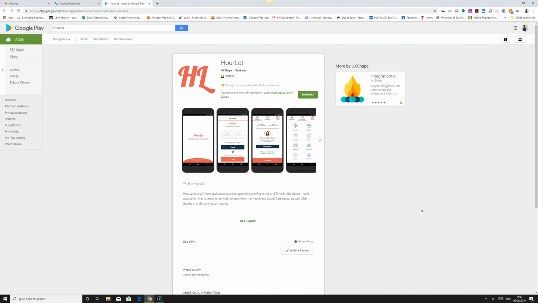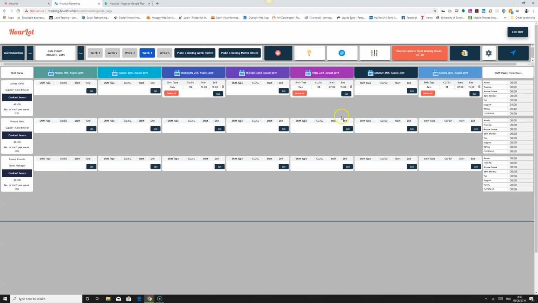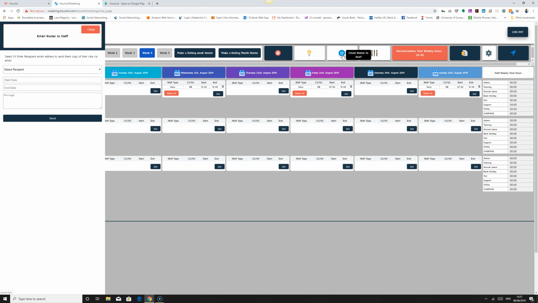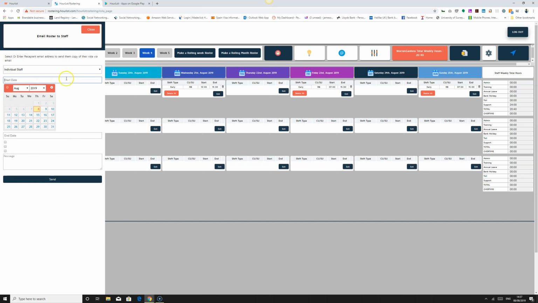the manager can decide to send the rota to each individual staff. So how we do that is we click on this @ sign here and you see a message showing email roster to staff. We can select all staff or individual staff. So if we know the staff that doesn't have that, we can just set the start date and end date, and we can send